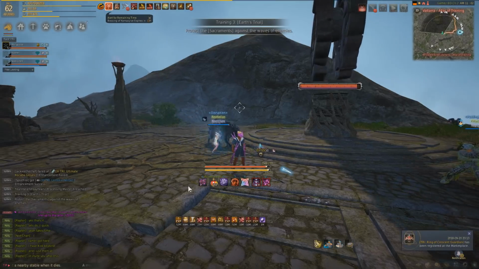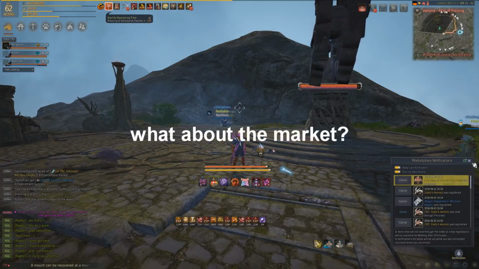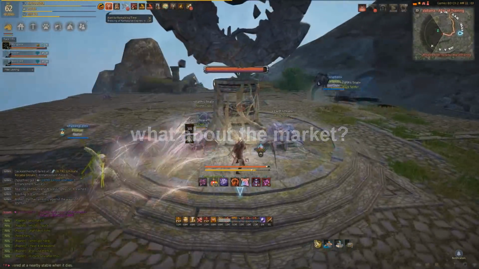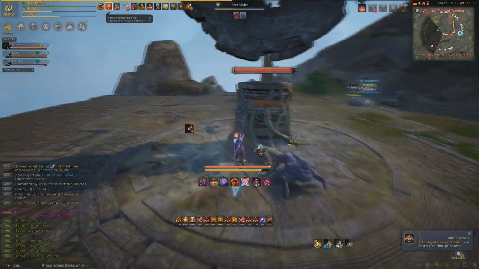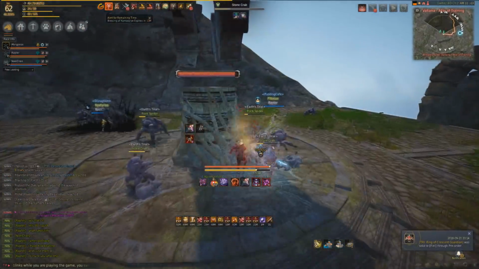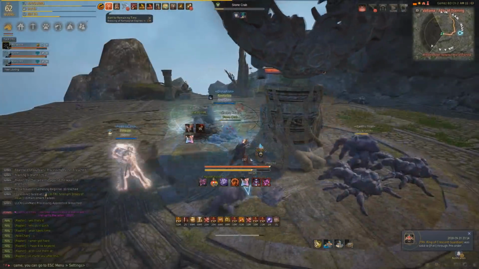Next question. Okay, but what about the market? With so few players, the marketplace must be at least different. And you're right, the marketplace is way different. An example being food and elixirs. Not everyone wants to make foods and elixirs to sell on the market. They usually make it for themselves, so you either wait for them to list from some nice person, or you